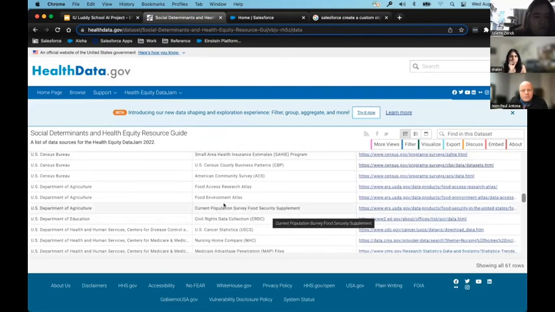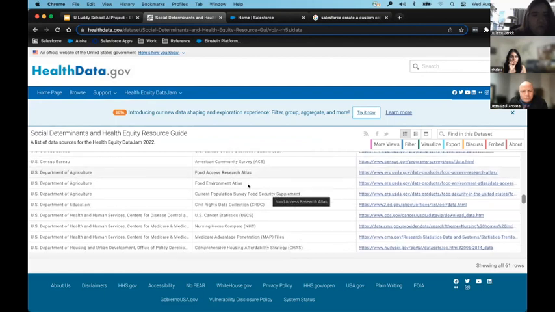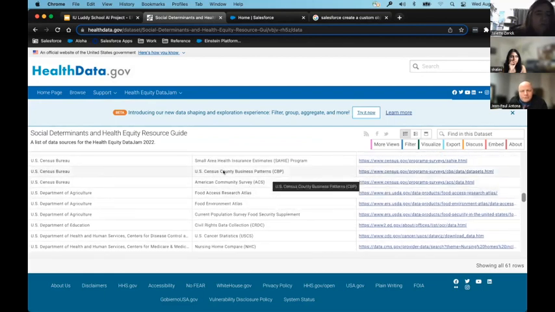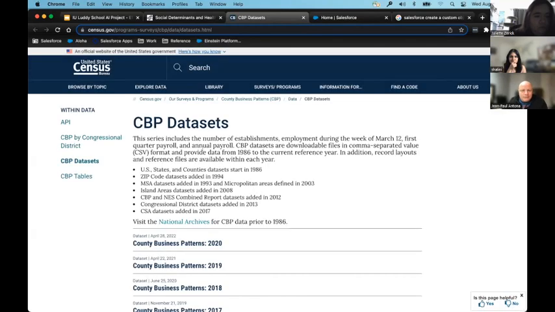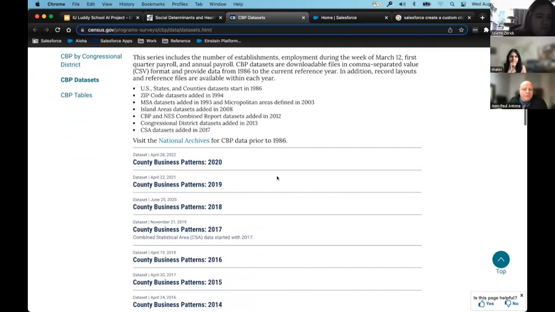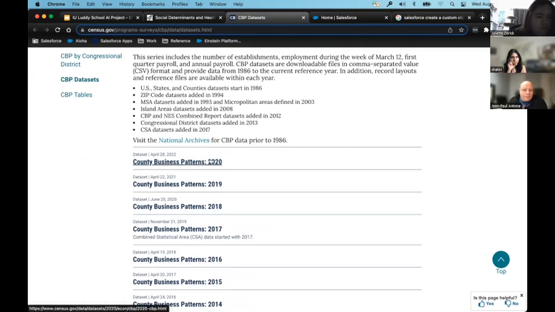The one that interested me for this demo was called US Census County Business Patterns. If we look at that data, basically it's going to tell us the number of establishments, employment numbers, payroll information, by congressional district. And the important thing about why I selected this data is you can see that we have a time series